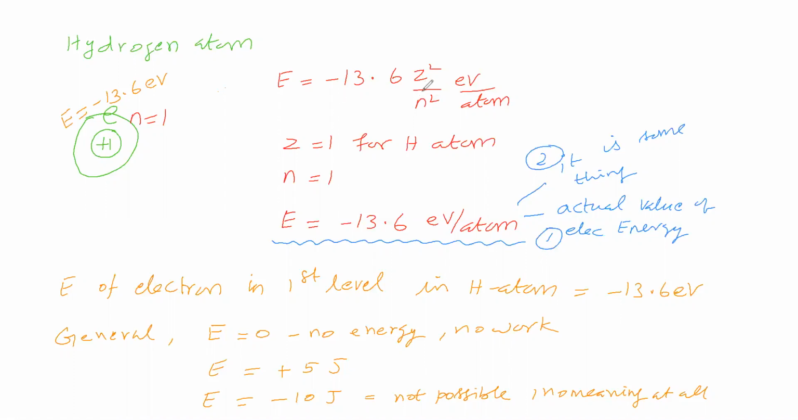From this he showed this value. This and all is Niels Bohr's thought. It is not our thought. So Niels Bohr said the energy of an electron in a hydrogen atom in the first level is minus 13.6 electron volt per atom. So his thought says that it is the actual value of electron energy, or